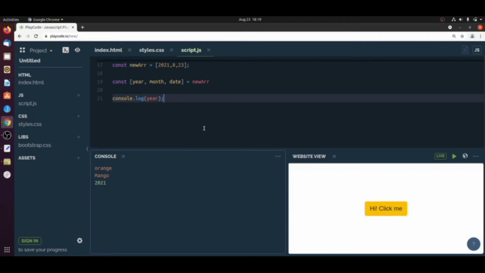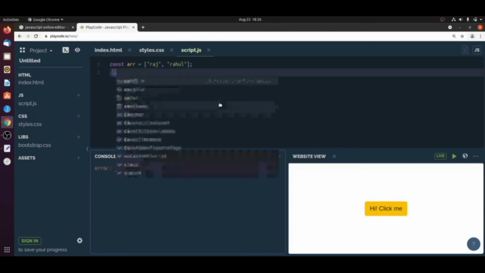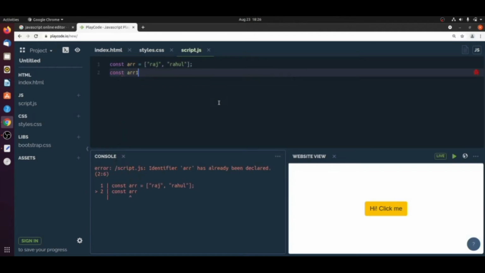Okay, now let's come to spread syntax. How does it help in our coding life? Let's say I declared one constant array, where the first value is Raj, which is a name, and second is Rahul. Here I'm declaring one more array, with first one something like t and second one something like ght.